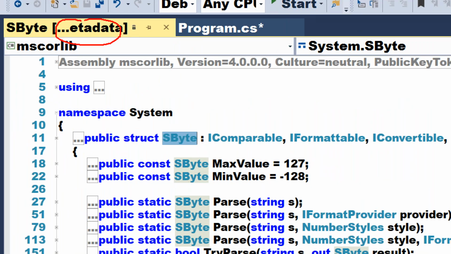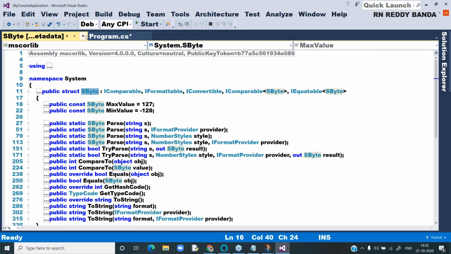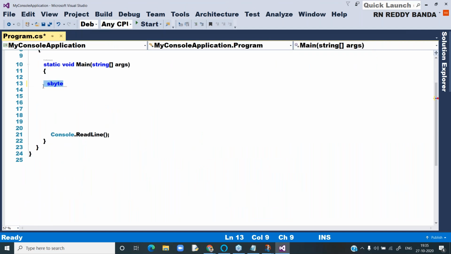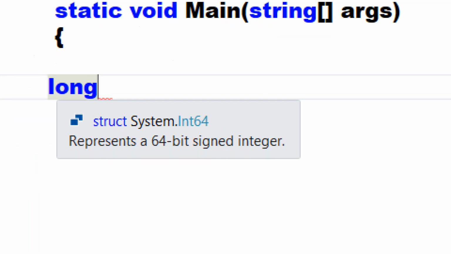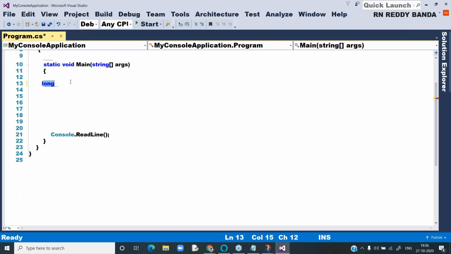Now all of you explain about value types in the chat window in your own words. What I explained, you explain again.